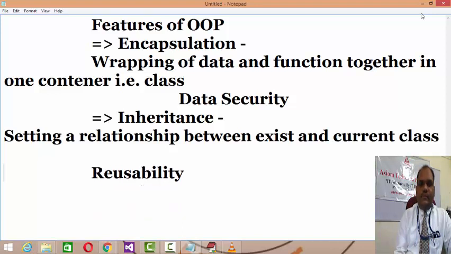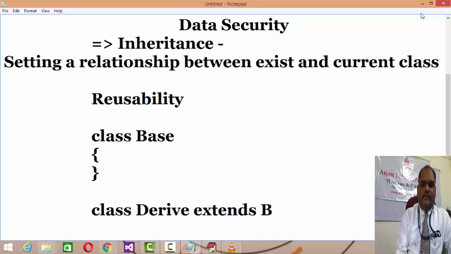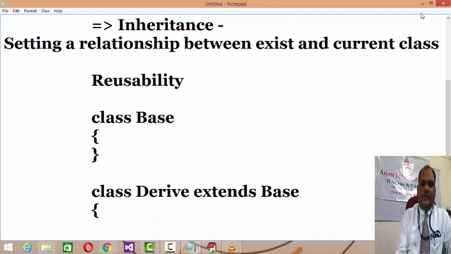It means if you have any class in the library, which is termed a base class, you do one thing: you create a derived class and extend it from the base, right?